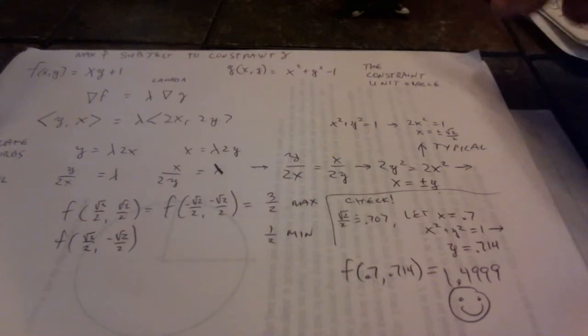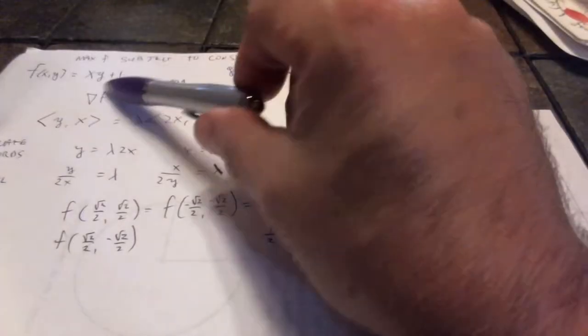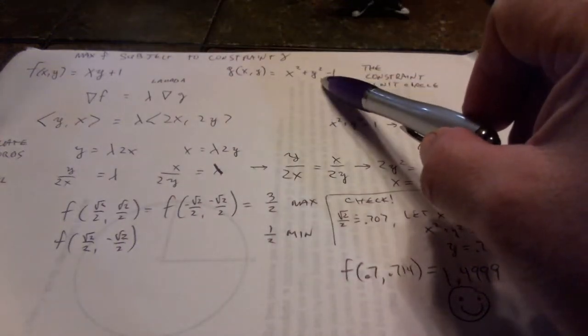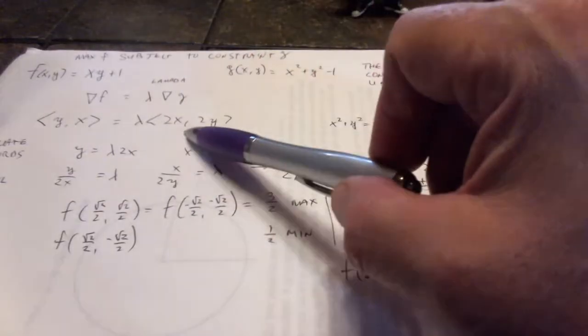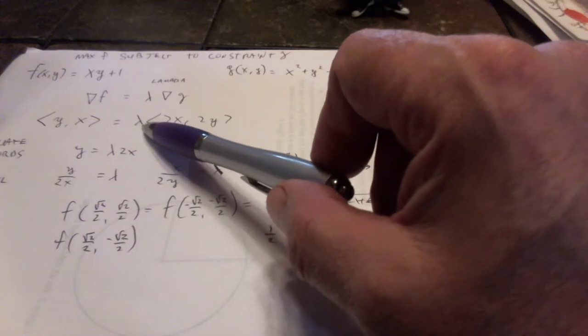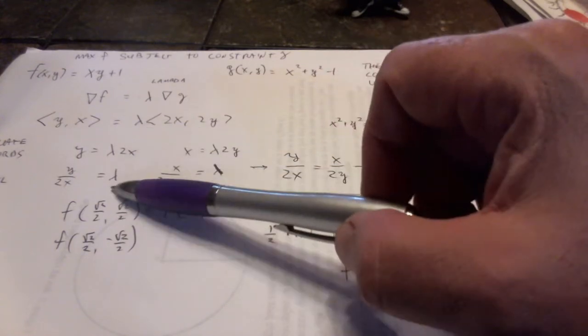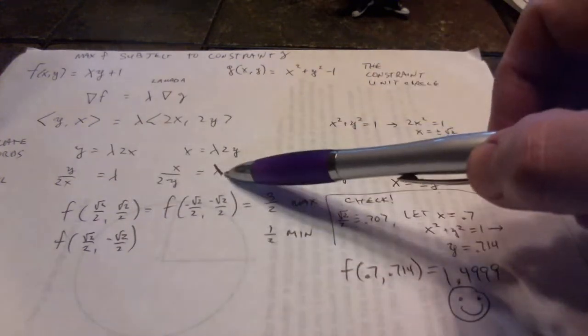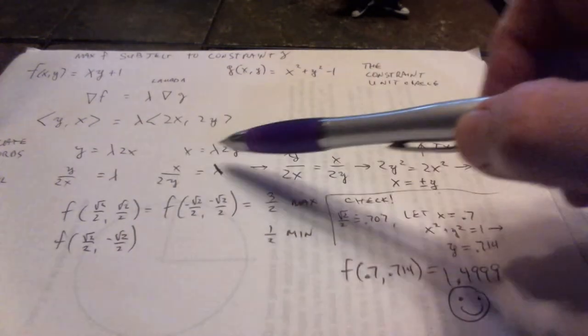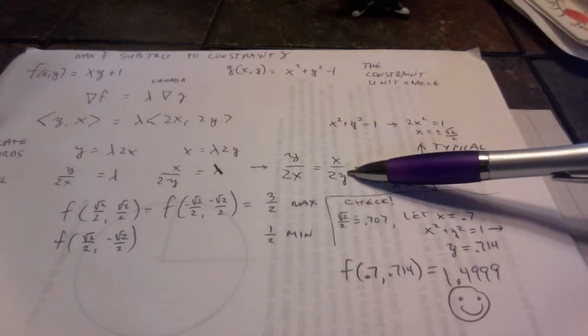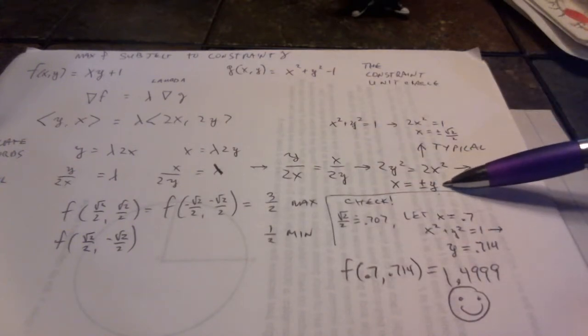So that's a typical Lagrange multiplier problem. Let's take it from the top. We had a surface subject to a constraint. We took the gradients and set them equal to each other with a constant multiple lambda. We didn't find a value for lambda, but we did solve for lambda in each equation and then just substituted. Since lambda is equal to these two things, we substituted, got this equation, cross-multiplied in this case, and we got